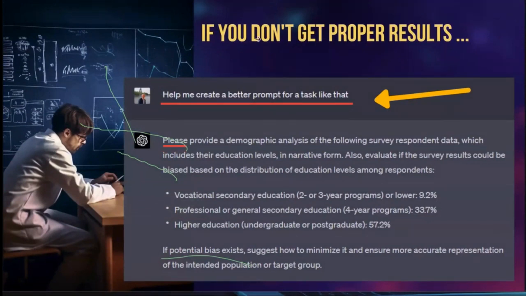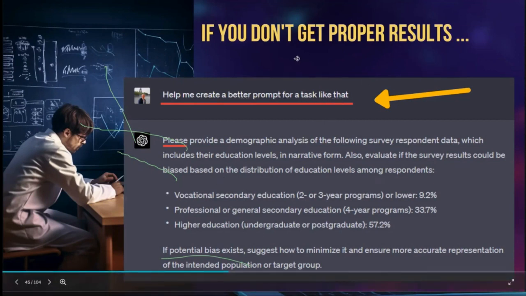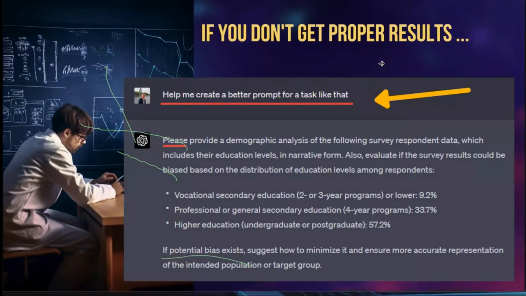This is also, again, one thing: help me create a better prompt for a task like that. So if you really don't know how to use ChatGPT, you can ask ChatGPT how to use it. Help me create a better prompt for a task like that. And the system said what should be changed or how we need to do it.